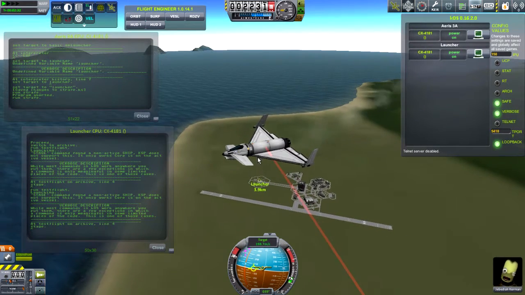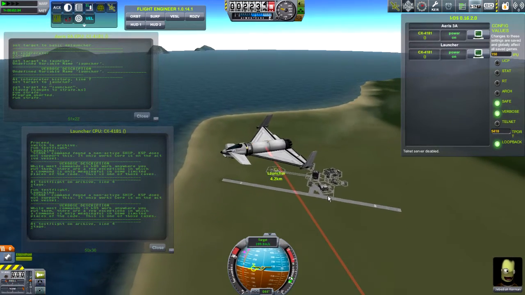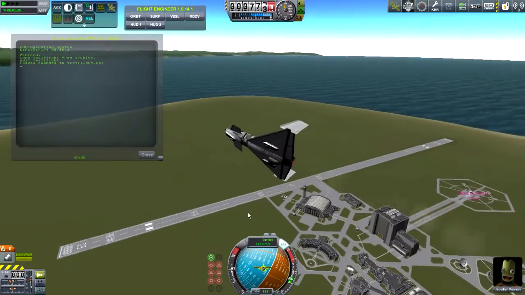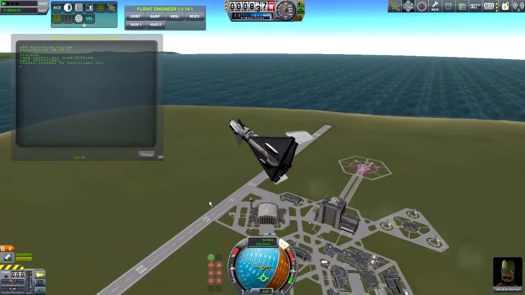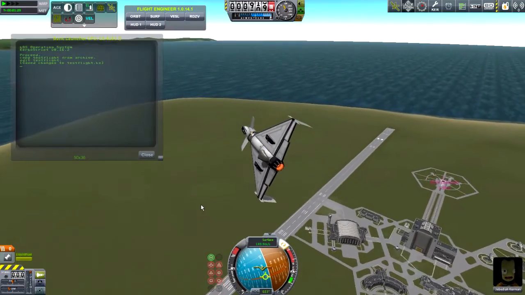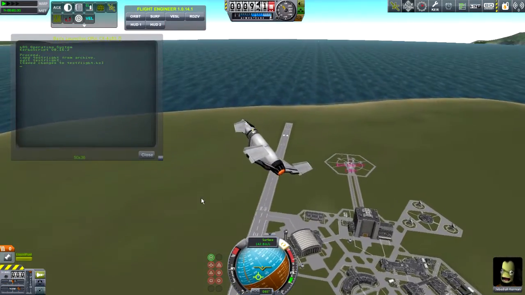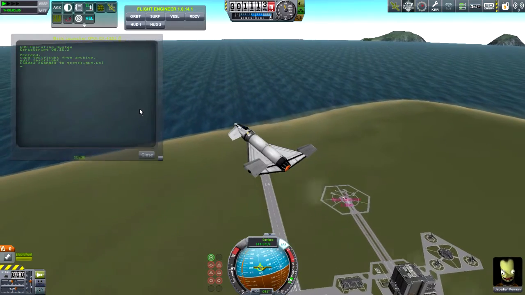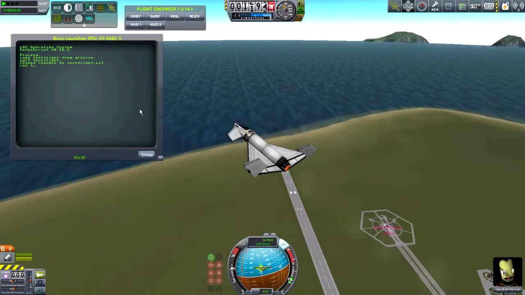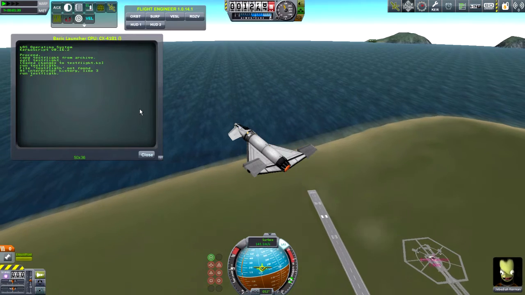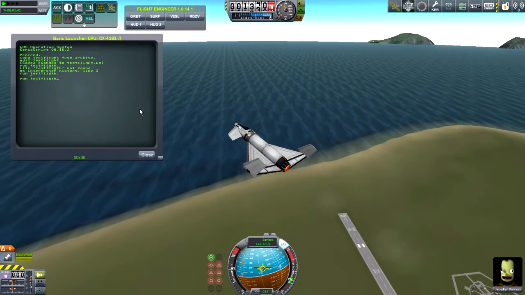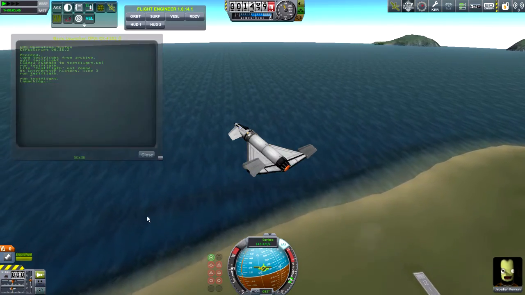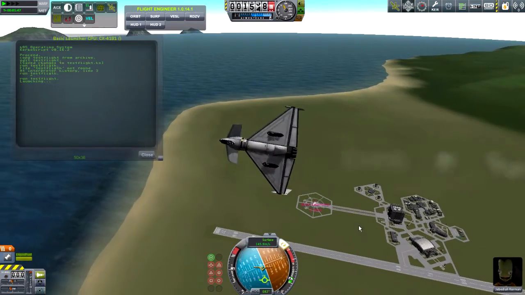So how about I change that up, bring this plane back in the air, and try that out. Alright, so I'm just going to take control of this plane manually for now, just so that I have a bit more control over how this is going to actually work. So let's try this. Run. There. I just ran the test flight,